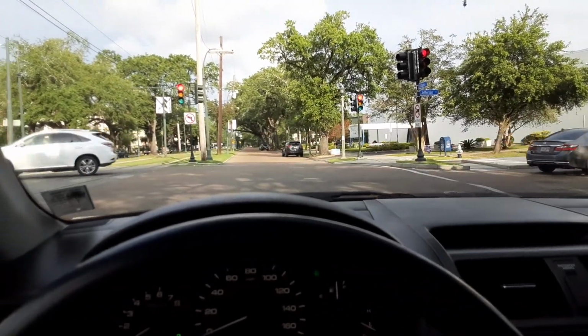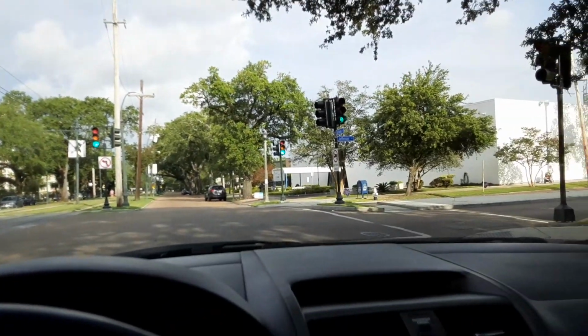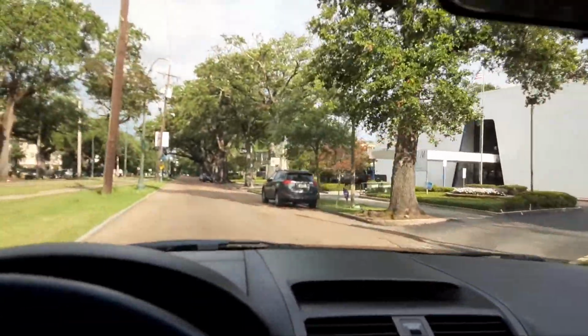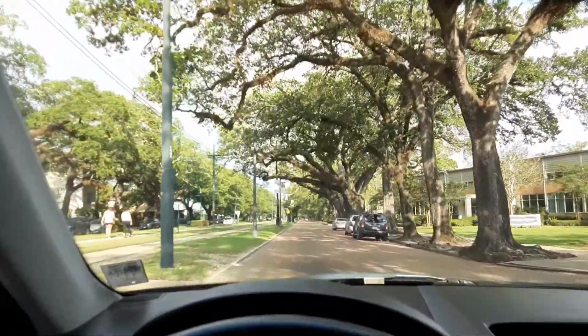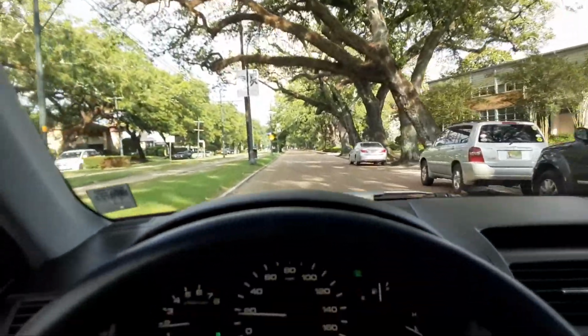Okay, this is Jefferson Avenue. Yeah, I actually heard that this used to be the Jefferson Parish line many, many years ago. So everything I was just in back there, I guess if they never changed it, that would have also been part of Old Metairie. I don't know. I hope that these people...